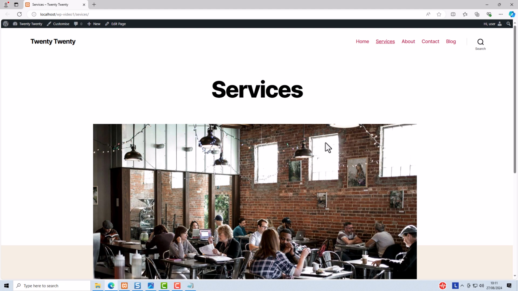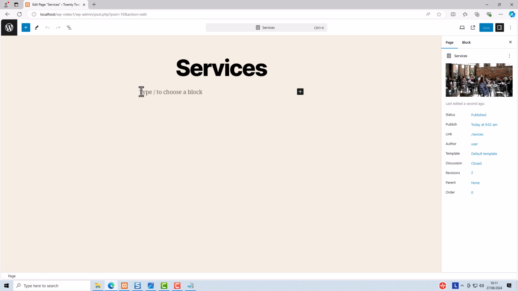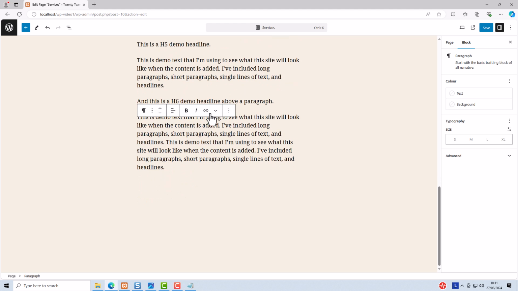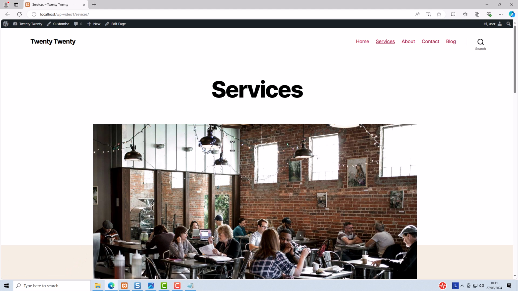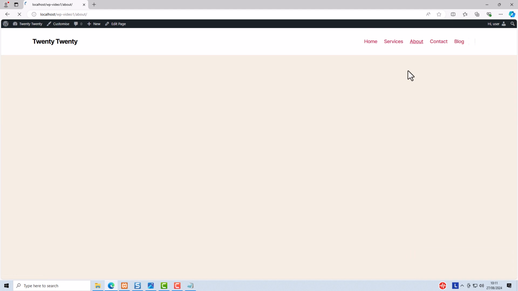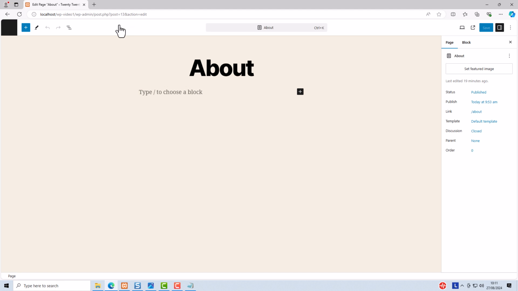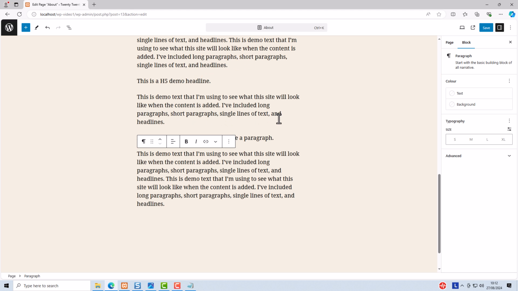While we're here, I'm going to paste in the text. So I've got edit page. From this top paragraph, just place my cursor there and I can paste the text in. Doing that for the other pages. So I've got the about page, edit page, paste the text in, save,